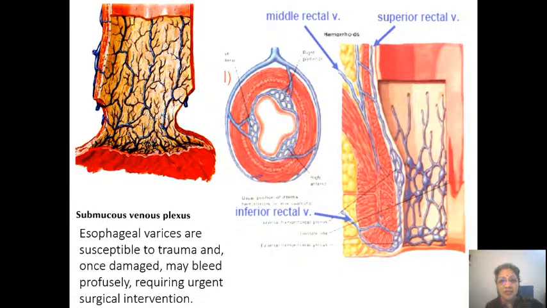a venous dilatation from the submucous layer, which is large enough to project into the lumen of the rectum and anal canal, and also sometimes outside the anal canal. So the patient can actually push it back. It's a soft bluish purple mass which the patient can push back inside, and it may or may not have any problem. They usually have only a bleed if there is a hard feces, if they are constipated for any reason, or if there is a high intra-abdominal pressure for any reason. Then these, when they cough or they raise the intra-abdominal pressure for any reason,